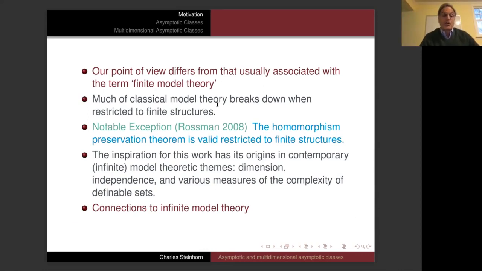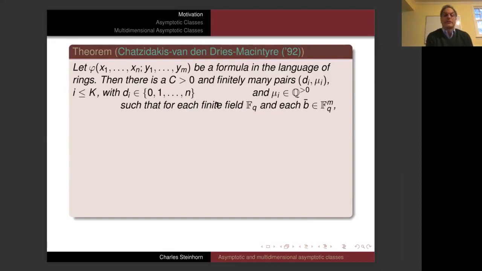So where does our work start? Well, it starts with the following beautiful theorem of Zoe Chatzidakis, Lou van den Dries, and Angus Macintyre. So let phi be a formula in the language of rings. The language of rings is just where you have addition, multiplication, minus, and the constants 0 and 1. And so what's basically being done here is counting solutions to these formulas, just like counting solutions to equations. And this is going to be over finite fields. So let phi(x1 through xn, y1 through ym) be a formula in the language of rings. And then the point is that basically there are finitely many pairs (d_i, mu_i), with the d's from 0 to n, the number of x variables, which we'll call the dimensions, and mu's, which are positive rational numbers, which we'll call their measure,